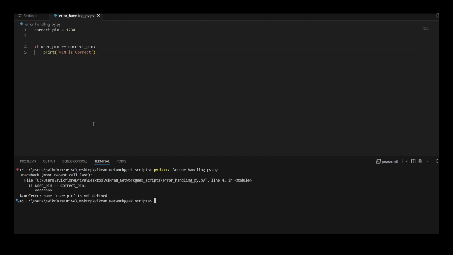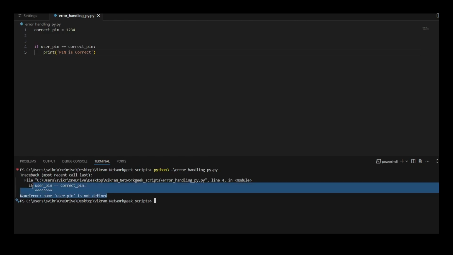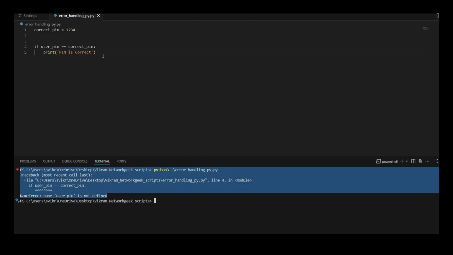Okay, so now you are getting some error, right? Name error, user pin is not defined. What I'm trying to do, I have not even initialized it. So the script is failing. Now say you want to continue even though the user has not